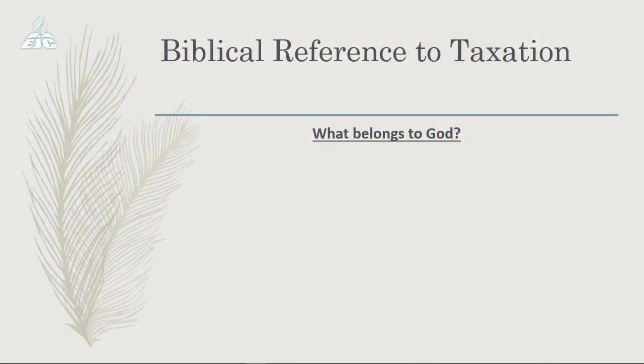And you can see where it is highlighted here on the slide. That is Jesus' response. So Jesus says to them, well then, pay the emperor what belongs to the emperor, and pay to God what belongs to God. And now you might be asking me, but Miss, how does God come into this? But of course, notice this is a biblical reference. Right? You're asking me what belongs to God.